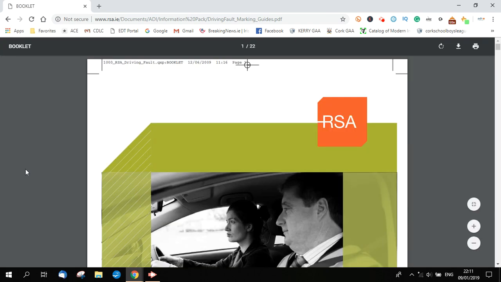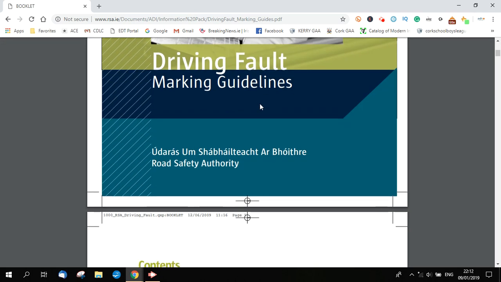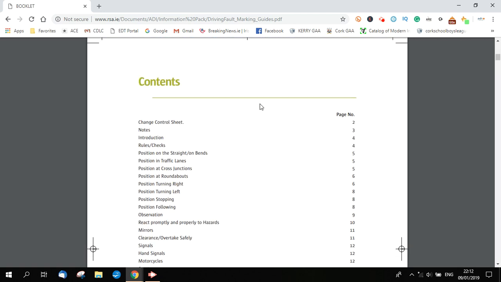Well, it's actually part of the website, but it's a PDF document, and it goes through how they mark the actual driving test. It's page 1 of 22, so there are 22 pages of it, as you can see here on the top where I have the mouse moving. So let's scroll down through it, and even when you see the table of contents,